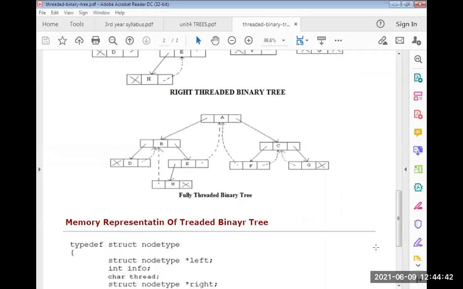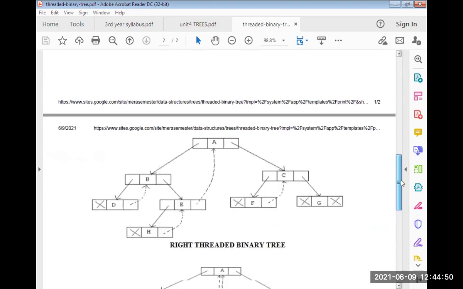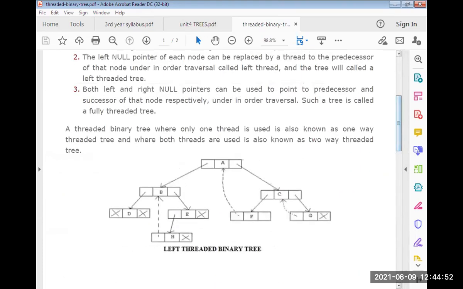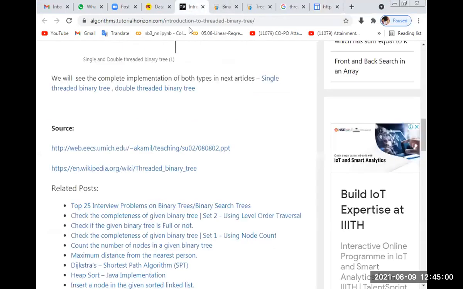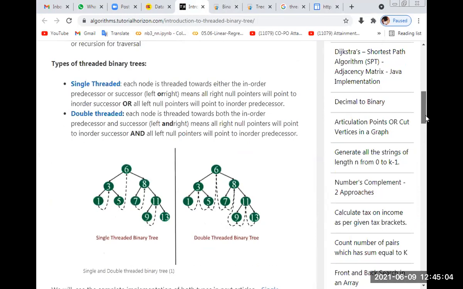Okay, so just see in this way how to represent and how we store the address of, here, the address of B. How will you know which address to store?